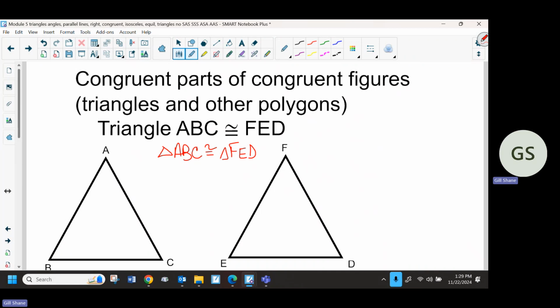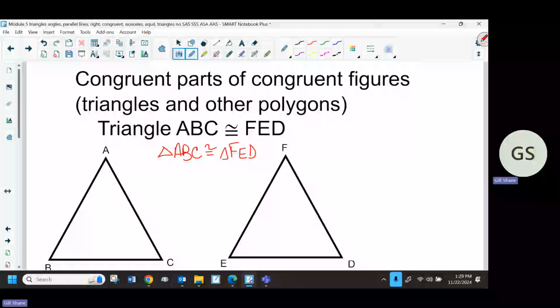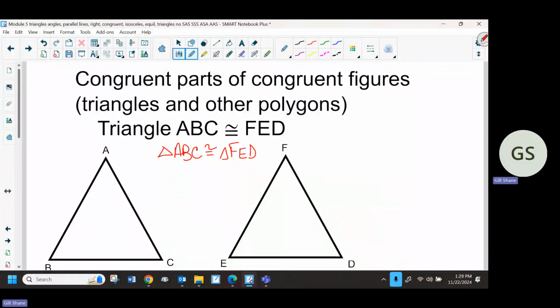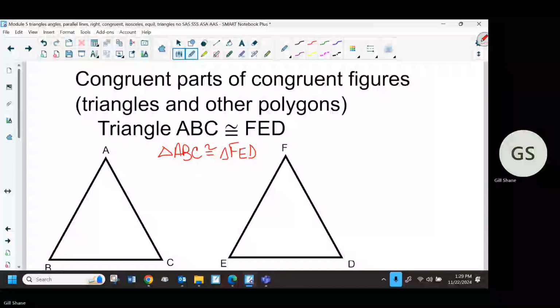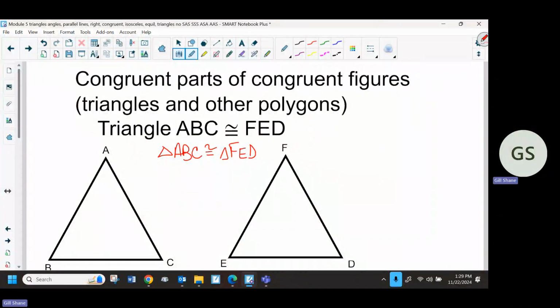I'm going to say triangles for now. It applies to all shapes, but since we're going to do triangles for a while, let's say triangles. You can't tell what angles or sides